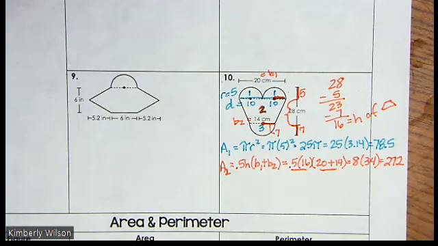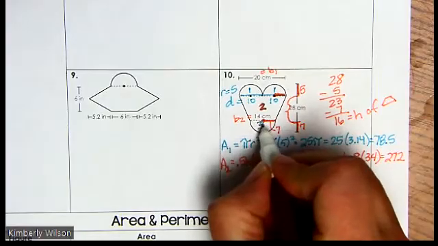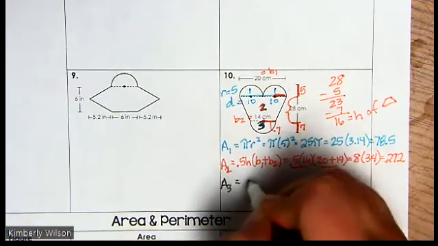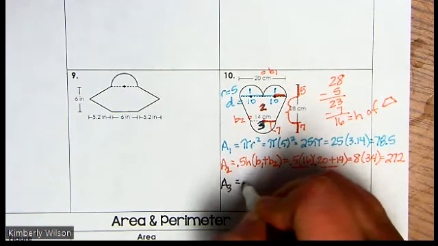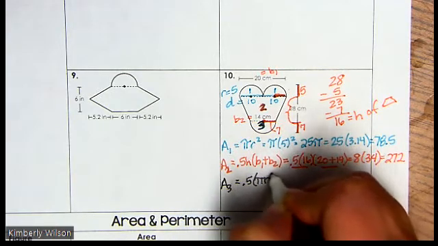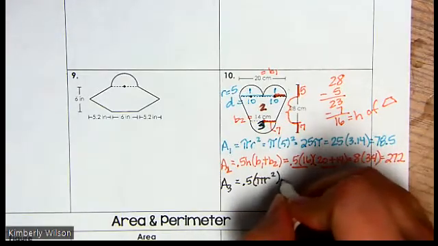Now the next shape, which is this last little semicircle, figure 3. The area for the third one. Well, that's half a circle. So that means I'm going to be doing 0.5 times pi r squared. So I'm going to have